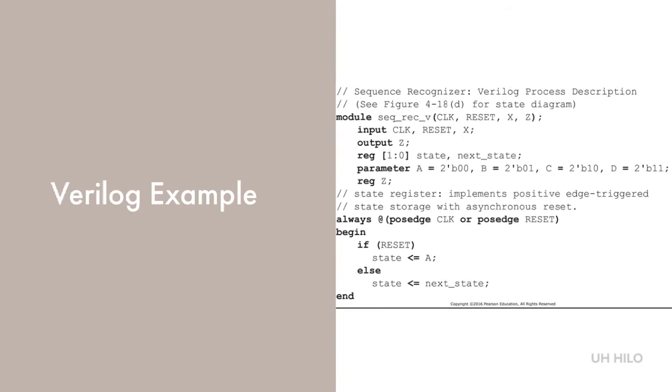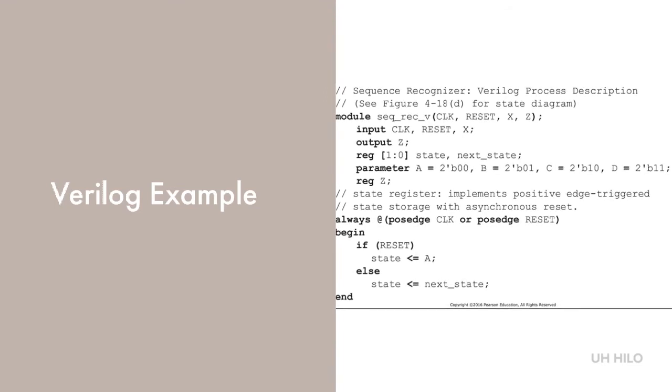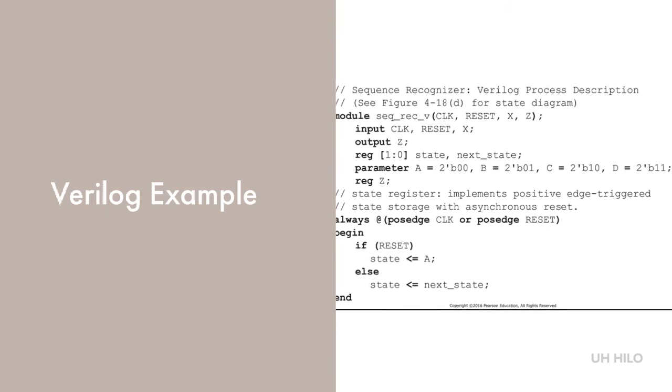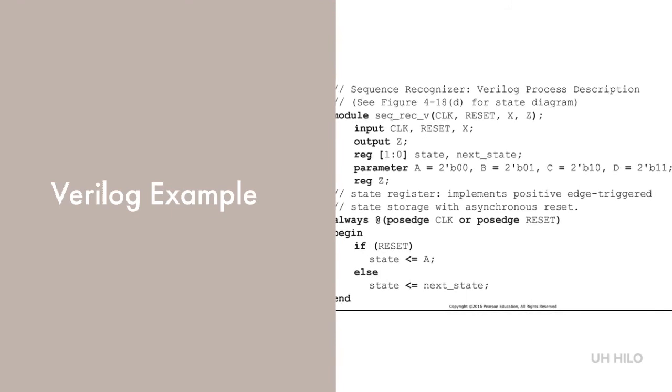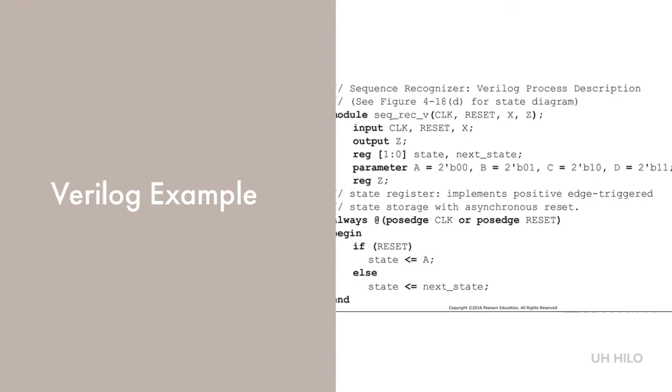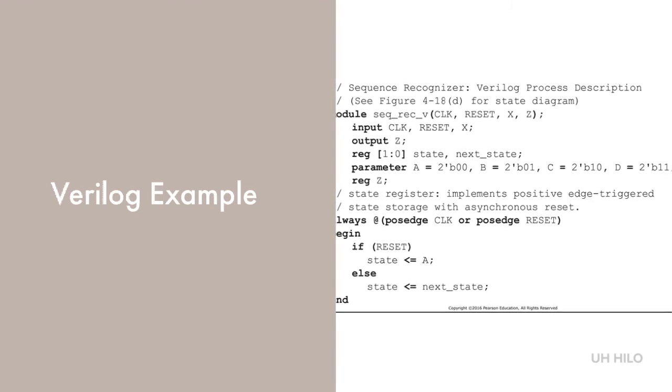The sequence recognizer is much more complex. In particular, there are 3 distinct processes. The module begins with input and output variables for CLK, reset, X, and Z. Next, we declare registers for state and next state. Since next state is assigned with an always block, it must be declared as a register rather than as a wire. We can give state names using a parameter statement as in this example, or using a compiler directive called